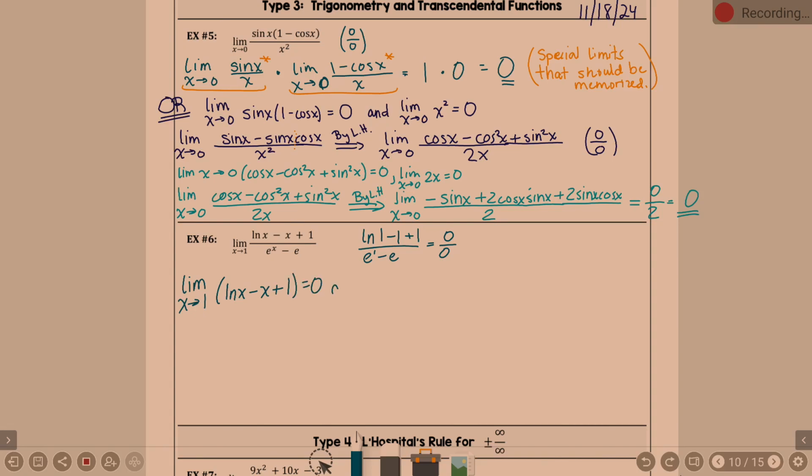And do the denominator: the limit as x approaches 1 of e to the x minus e is 0. Now let's go back and take the derivative. I'm going to rewrite the problem first: the limit as x approaches 1 of natural log of x minus x plus 1 over e to the x minus e. So by L'Hopital's,